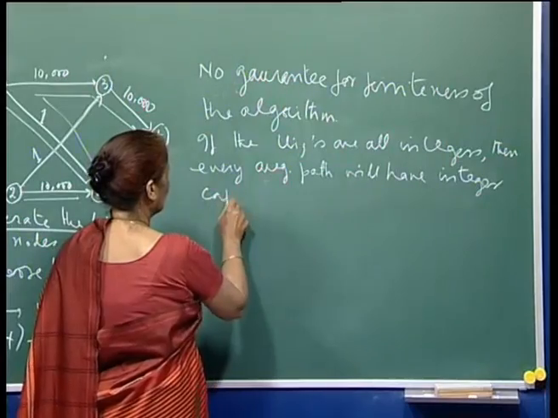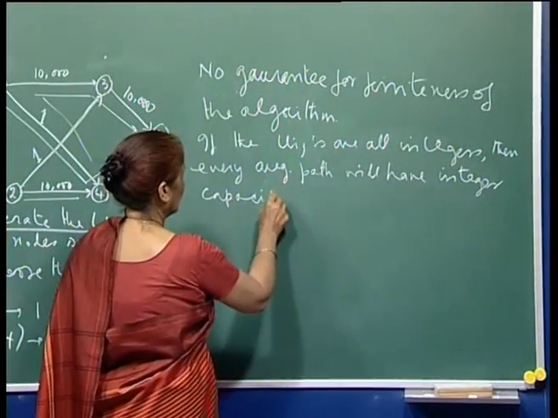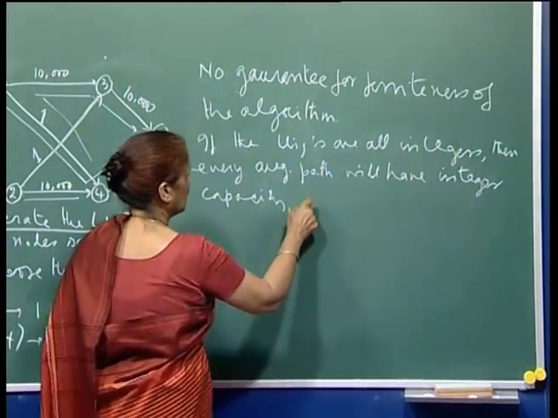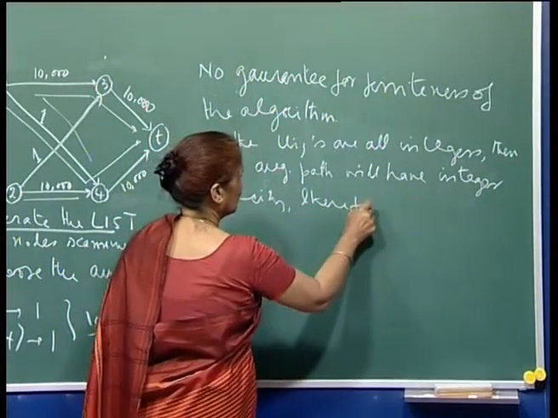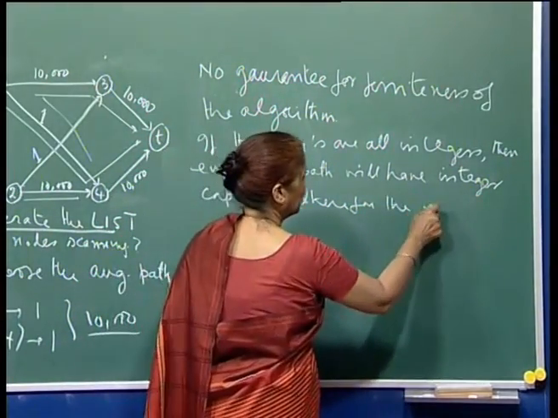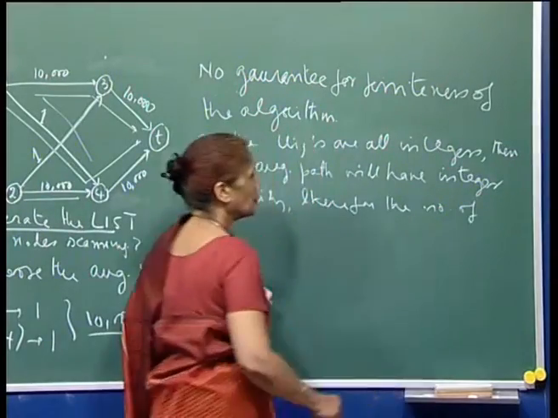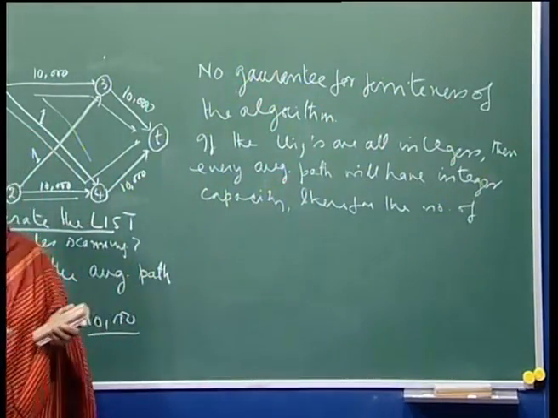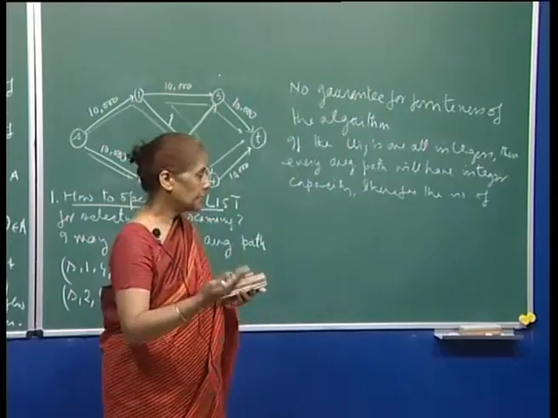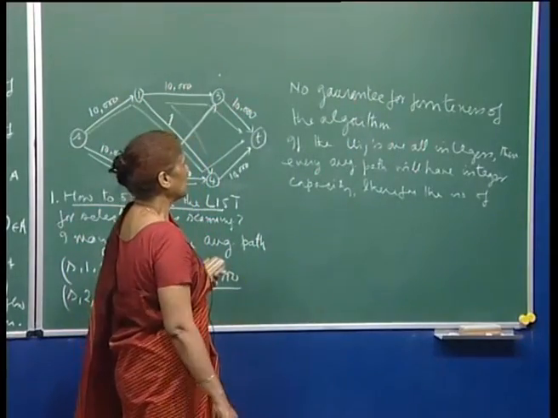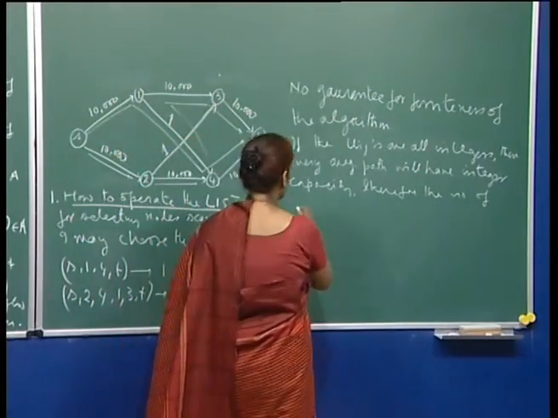Therefore, the number of iterations, because you will at least augment the flow by 1 unit at every iteration if the uij's are all integers. So, therefore, the number of iterations